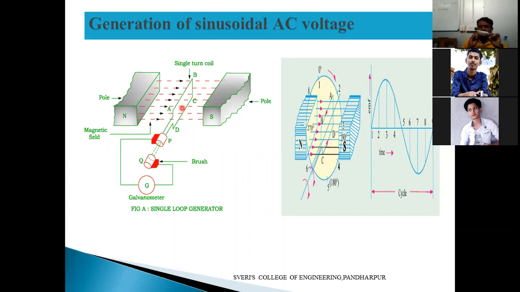The circle has to rotate. Circle rotation means this is B. Whatever I am holding here, this will be first 90 degree. Flux will be maximum. Thus B will be reversed here now for 180 degree. Reverse ho gaya na? Yes, sir. Next, to get back to the original position, we have to rotate this one completely 360 degree.